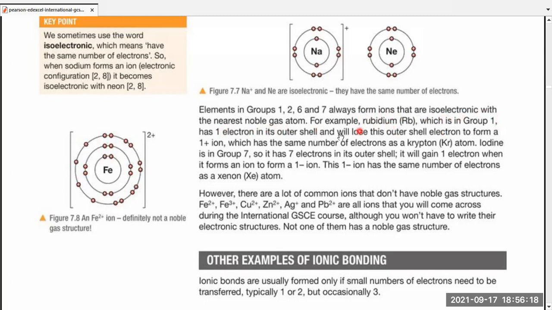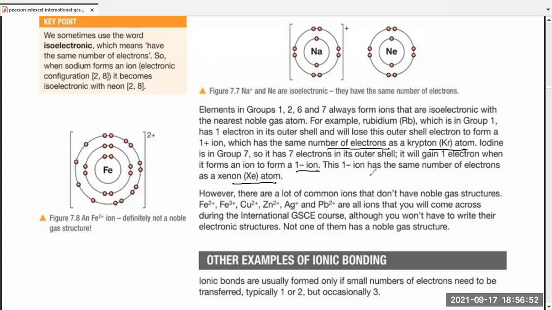For example, rubidium, which is in group 1, has 1 electron in its outer shell and will lose that electron to form a positive 1 ion, which has the same number of electrons as krypton, the nearest noble gas. Iodine is in group 7. It has 7 electrons in its outermost shell. It will gain 1 electron to form an ion of -1 charge. That -1 ion has the same number of electrons as the xenon atom because that's the nearest noble gas to